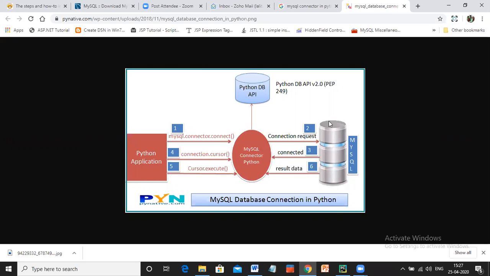So if you want to have an interaction with this person, because what happens, the Python application will call this person, and this person will then take the request forward to the database. So to have this is the most important part. So how to find out or how to get MySQL connector. Now I'll be helping you with how to install MySQL connector in PyCharm.